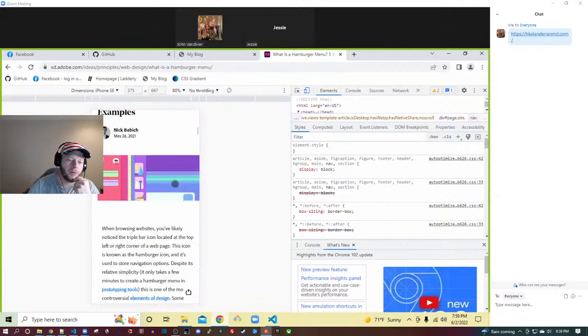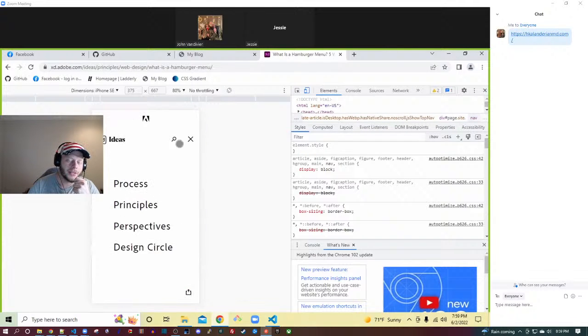So their mobile menu design is they're using the hamburger menu. Yep. And so option 3, the last thing that I would mention, this takes a little more experience